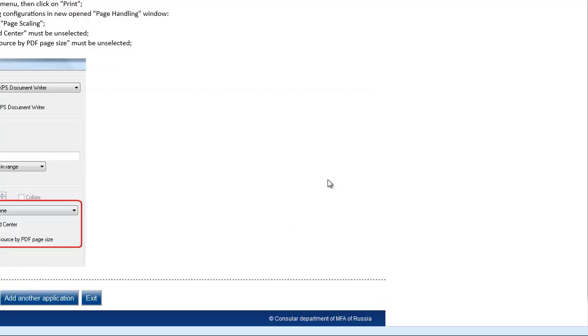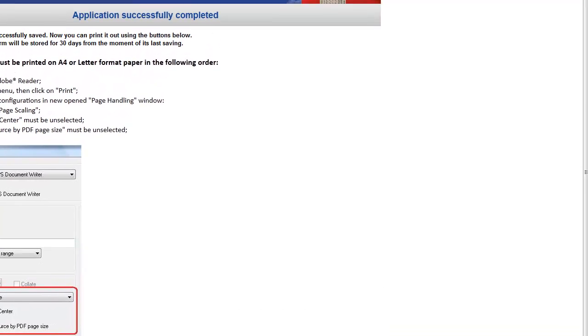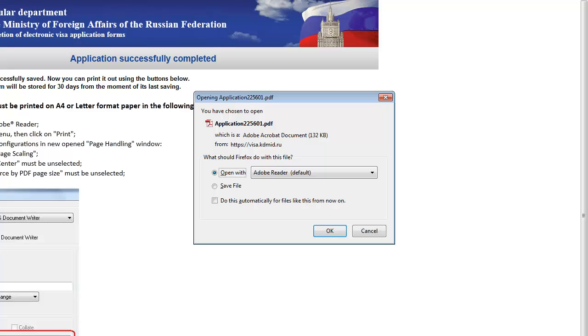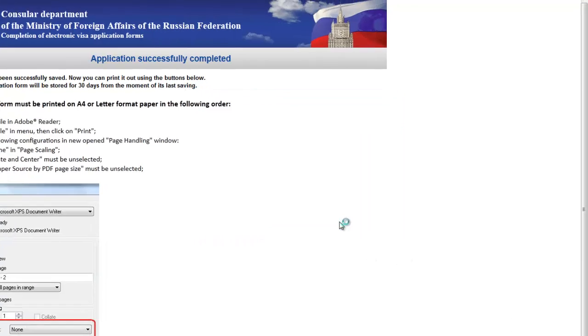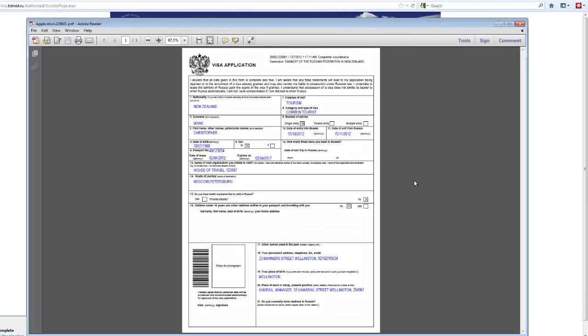Okay. You need to print the form, so you click on Print. Okay. So the printer will print it out,